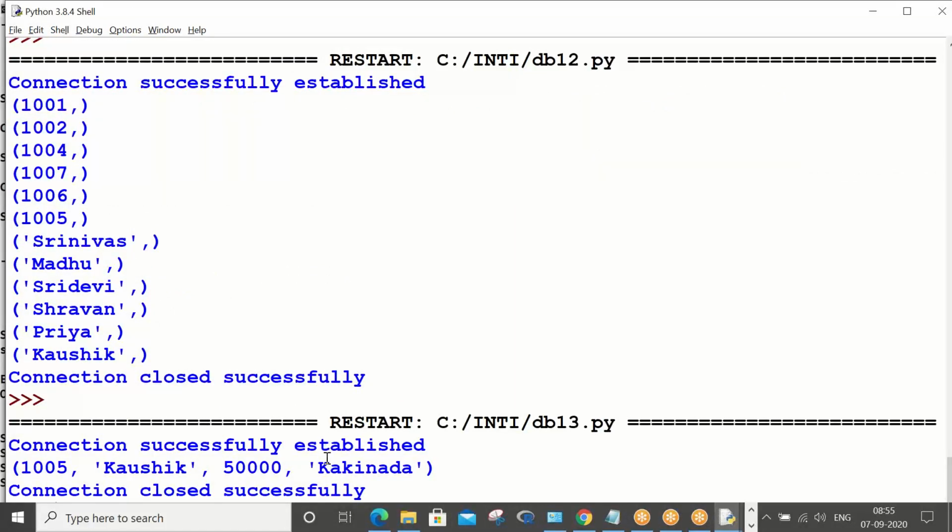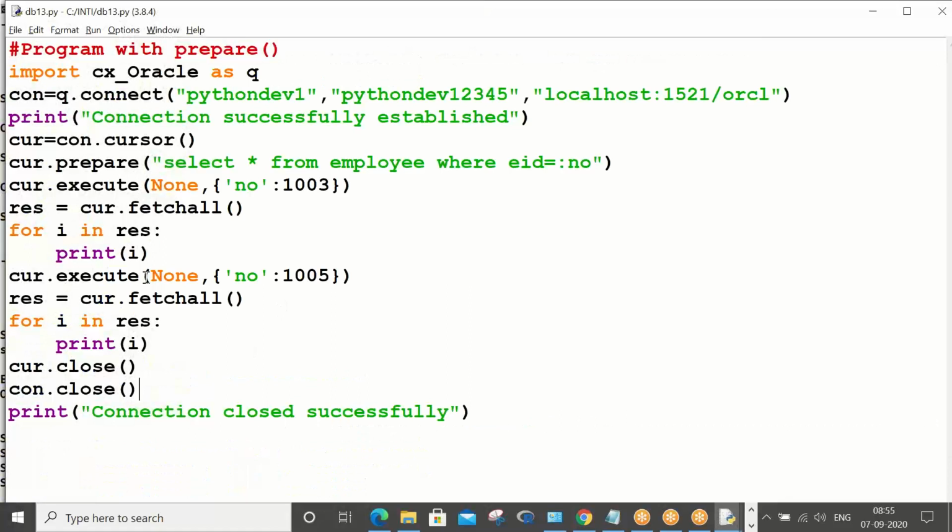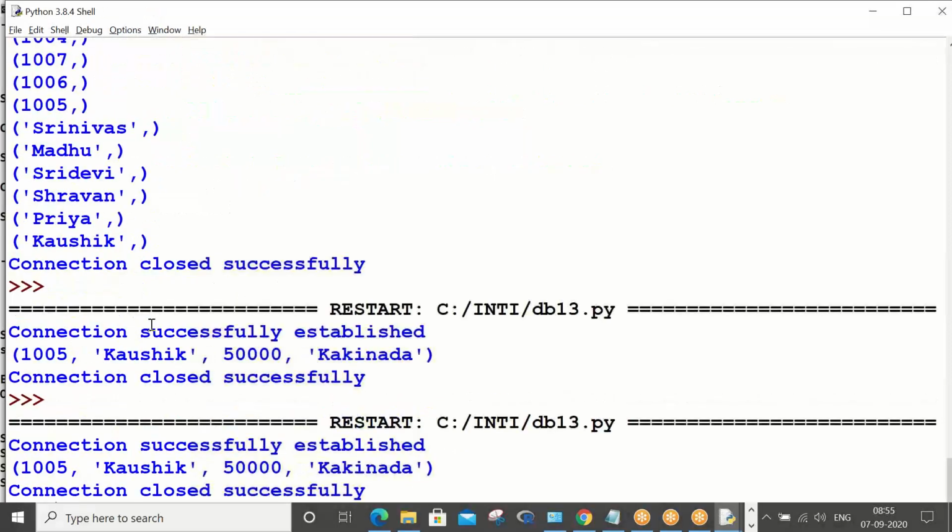Connection, one second, print i. Cur dot, it has to bring in two data for me. Res, res1. Ctrl S, F5.